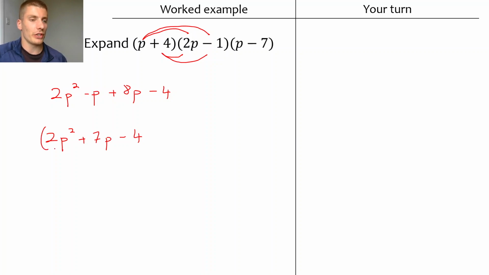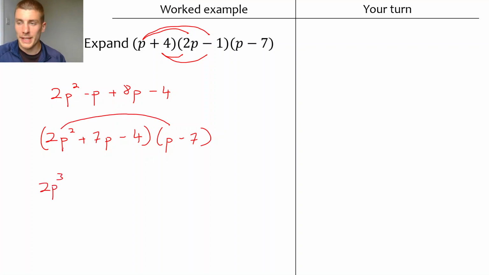You've expanded the first two brackets. This is what you've got. You then multiply it with the p minus 7 down here. And you just work through like we did in the previous video. Okay, so we take the first term, 2p squared. We times this by 1p, which will give you 2p and then cubed. P squared times by p is p cubed. You've then got 2p squared times by negative 7, which is minus 14p